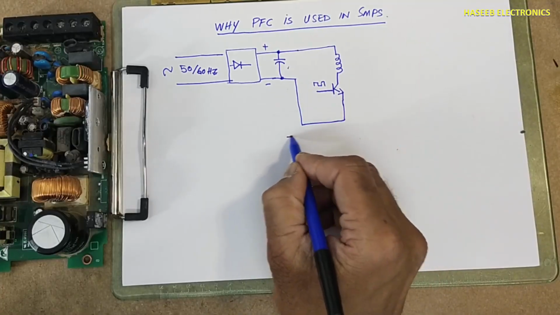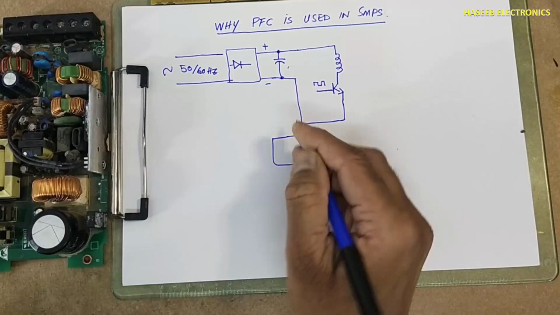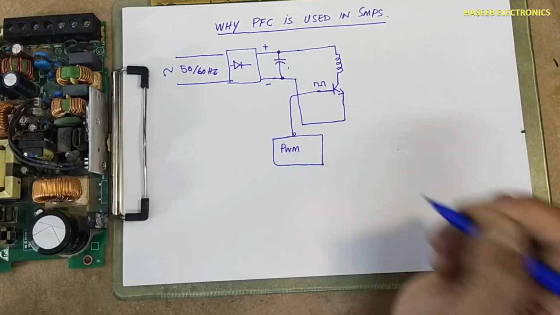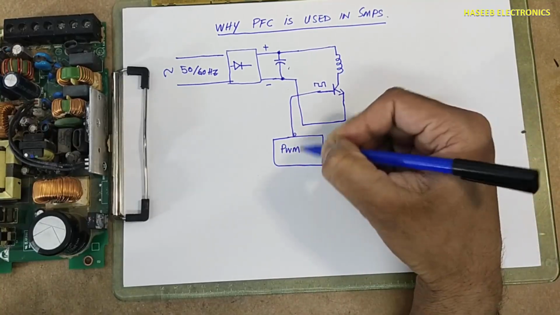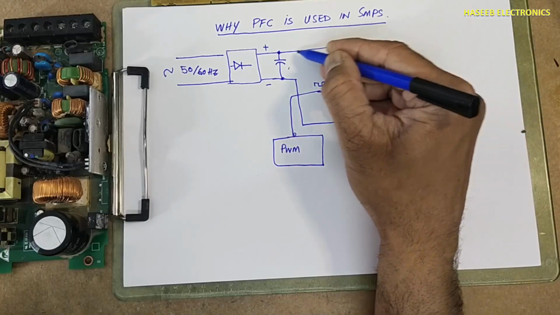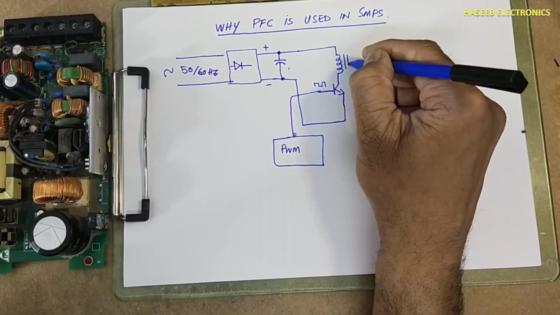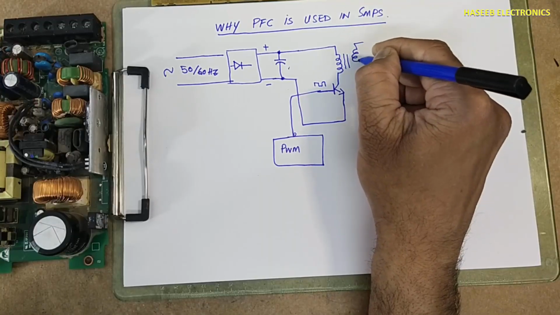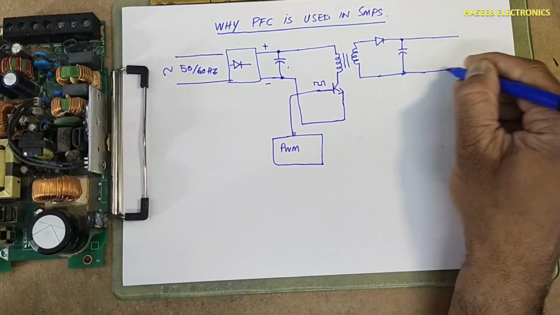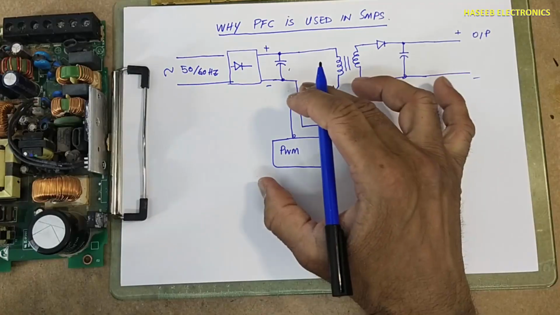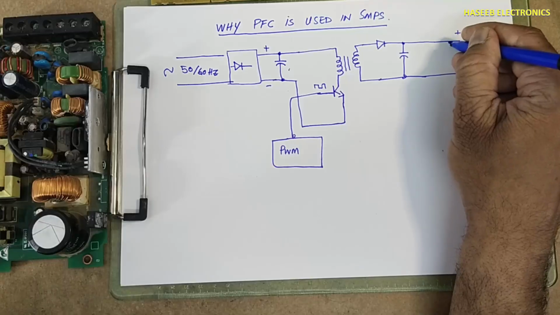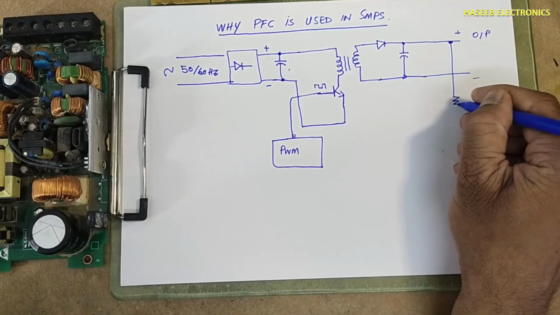This drive signal comes from this PWM controller. It will switch. When it switches, it will allow current in this transformer winding. As a result, we will receive output voltage in the secondary. This is our output area. In SMPS, we need a regulated output. A portion of the output voltage